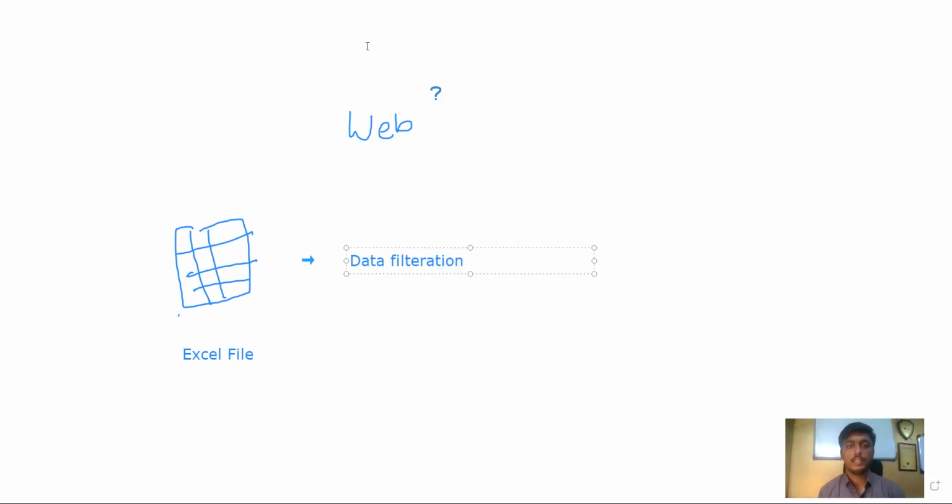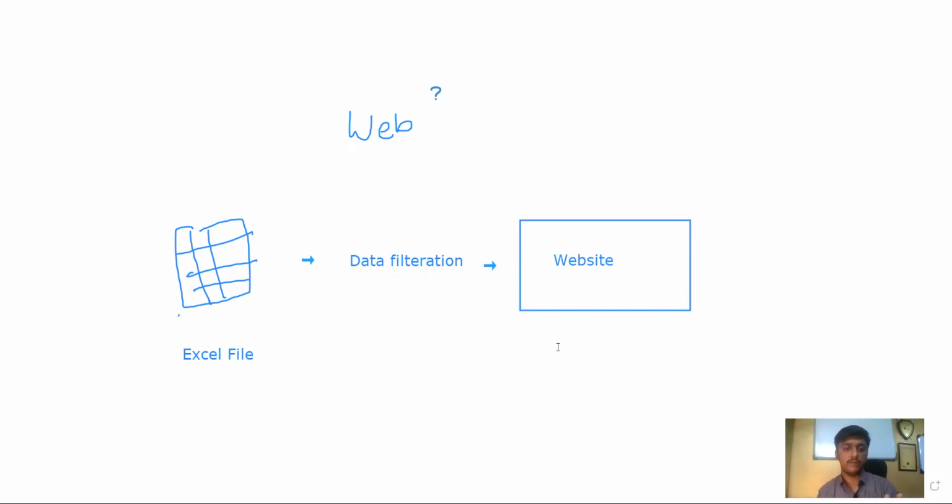Our third and final step is going to be adding the data to our end application. Let's suppose this is the website where I have to add my data. So now here there are three parts.